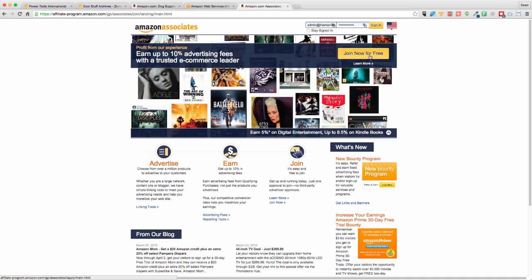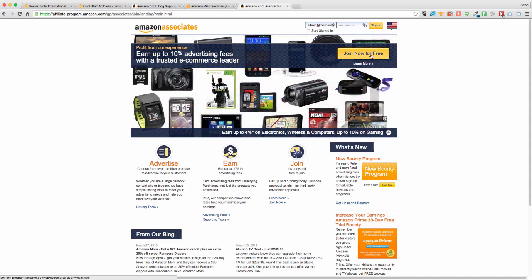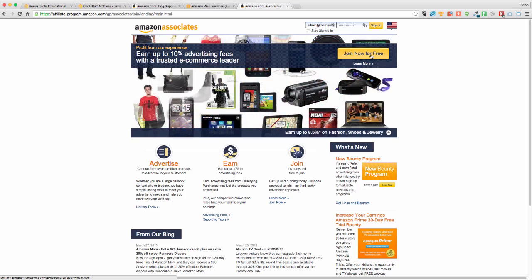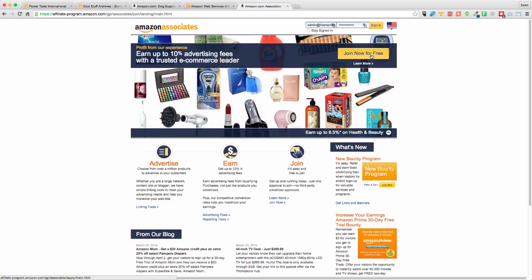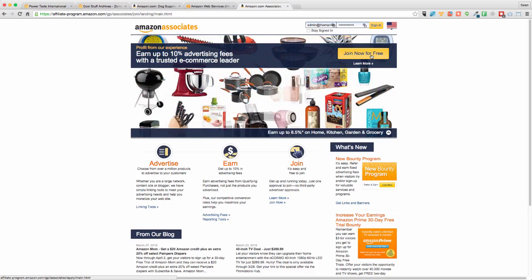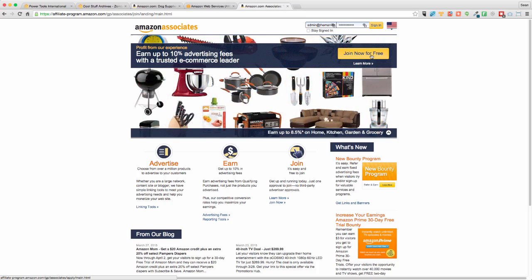There's multiple signups. In fact, no matter where you are in the world, if you're in one of the hub countries, there's a local Amazon Associates program for you. But one of the things you can do as well is sign up for multiple ones across the world, because our system geo-targets your customer.